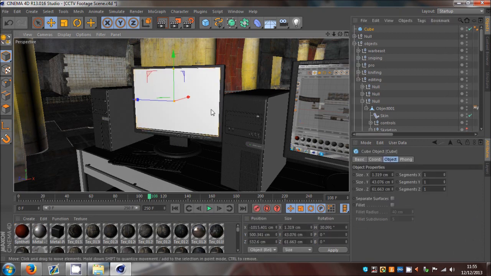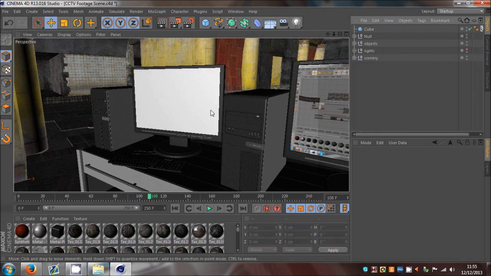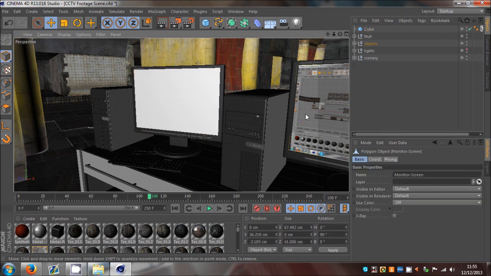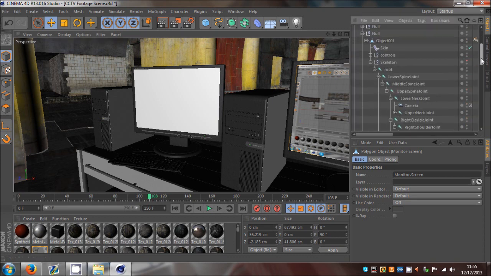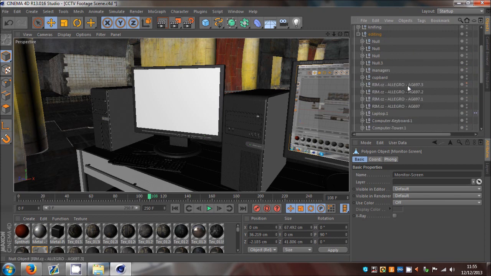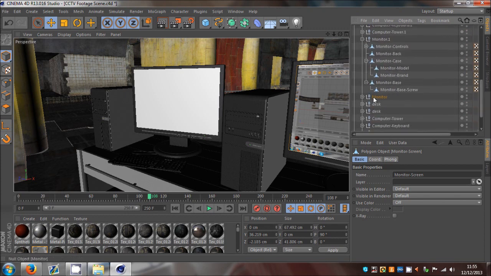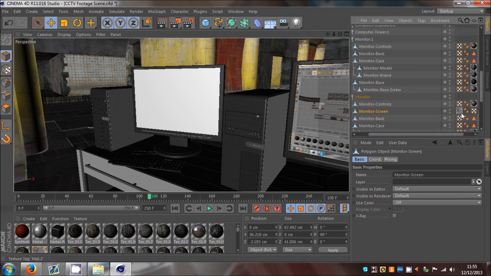So if I go onto the computer, what you do is you click on the screen, and then this highlights orange, so you can find your way to it. So it's in editing. I'll close that down, and keep going down. You'll see here it is. That's the computer, and that's what you've got selected. It's the monitor screen, and obviously I've already